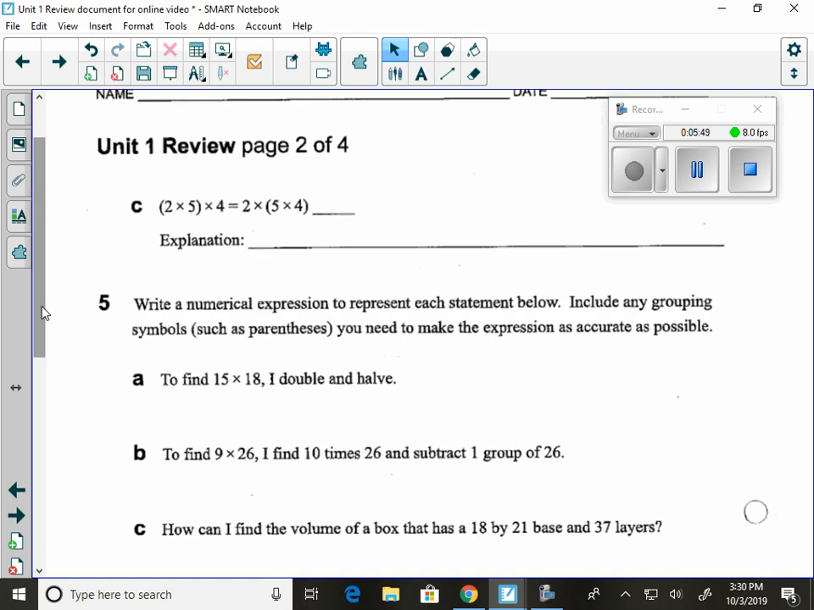Last one on this number 4 question. Is 2 times 5 times 4 equal to 2 times 5 times 4? Parentheses have moved. They have learned that it doesn't matter as long as all the factors are the same and everything is still being multiplied. I'm sorry, this is true. They have just moved the grouping symbols, the parentheses. All